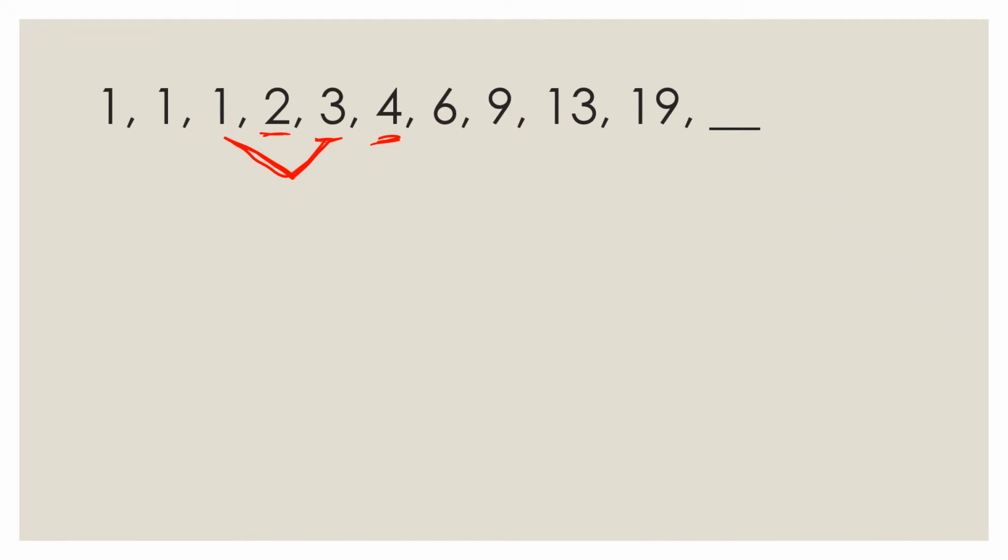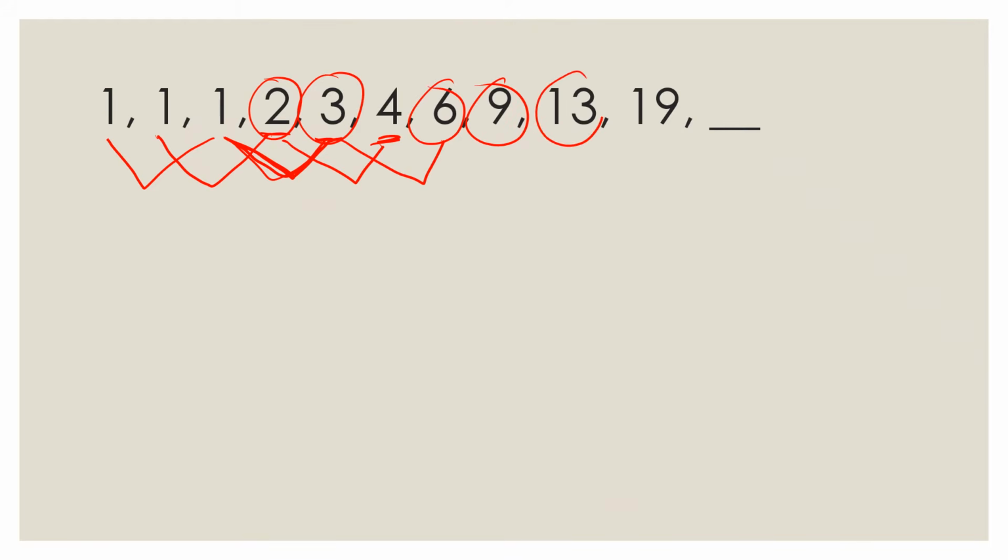So basically we skip the middle term, which is 2, and if we go back, to get 3, we can get 2 and 1. And then to get 2, we can add 1 and 1. So again, to get 4, we add 3 and 1. To get 6, we add 2 and 4. To get 9, we add 3 and 6. To get 13, we add 4 and 9. To get 19, we add 6 and 13. So the next number is the sum of 9 and 19. So again, that will be 28.